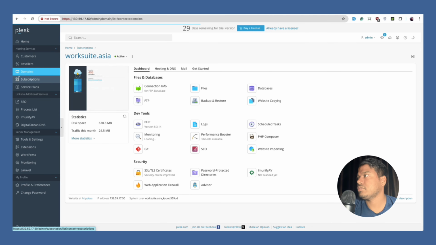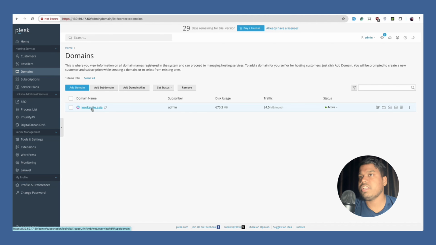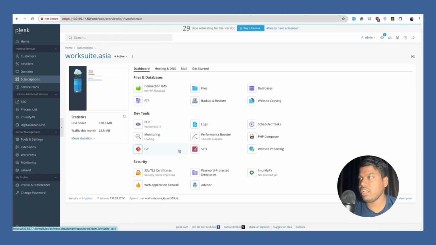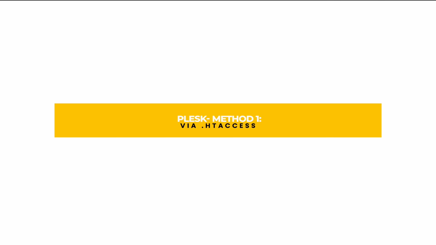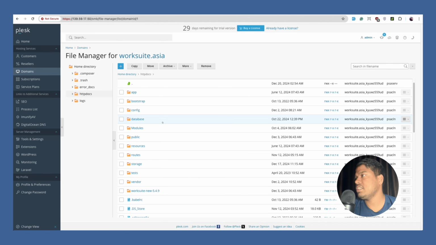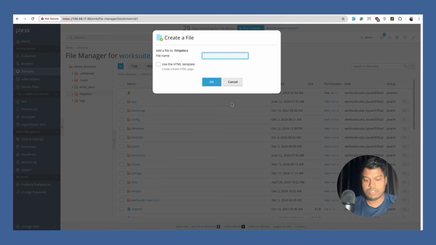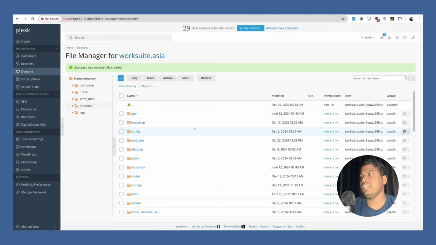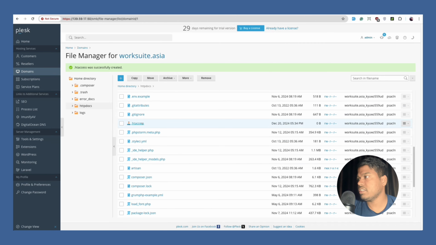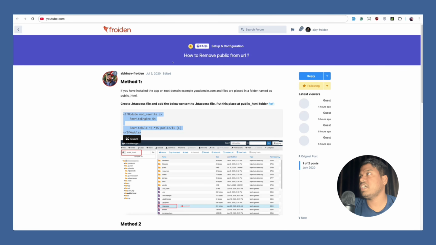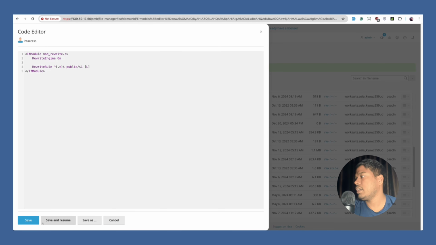Go to domains. Click on the domain where the application is installed. It's works.asia. Then go to files. And in the files, here are the files: app, bootstrap, public, vendor. And create the .htaccess file here. Create file .htaccess. And again, edit this .htaccess file and put this content and save,